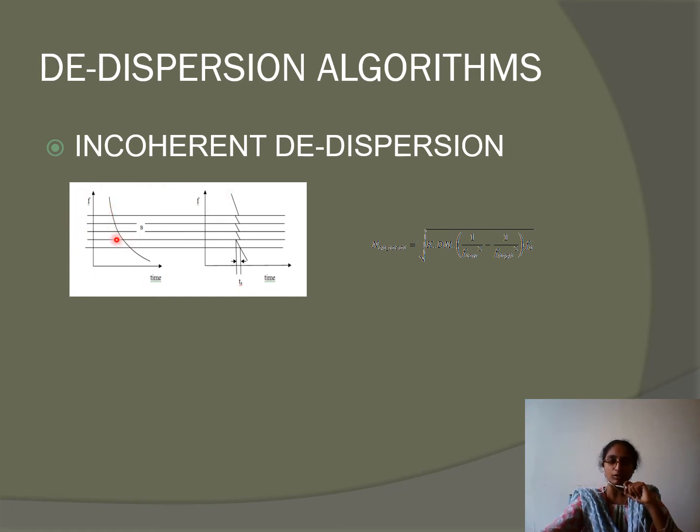Here is the spectrum. Spectrum is nothing but a presentation of the signal with respect to time versus frequency. So if you can check here, the higher frequency has reached early, whereas the lower frequency component has reached late. Now what do I do? I will split this into different channels and calculate how much was the delay, and send the delayed ones back. So when I align them, I will be able to see all the frequencies together as it is pulsated.